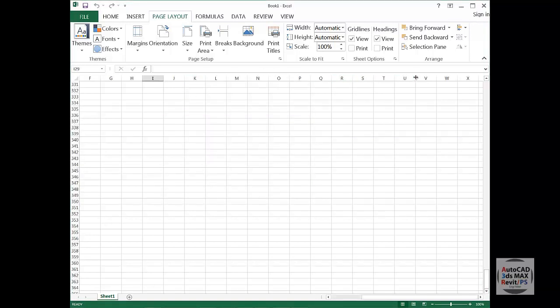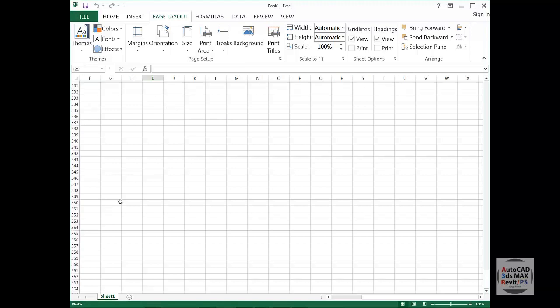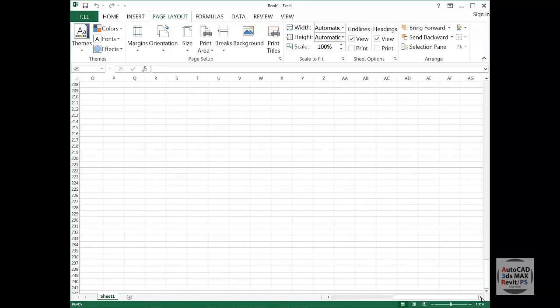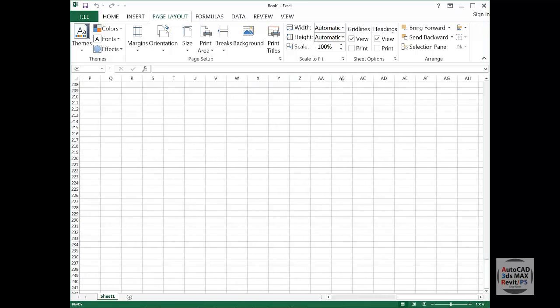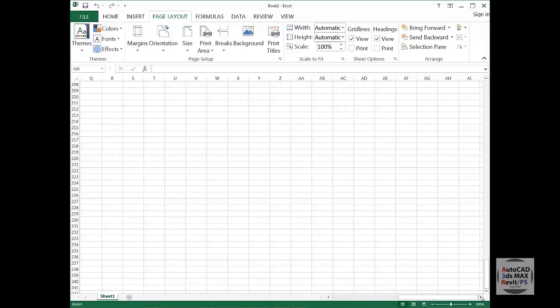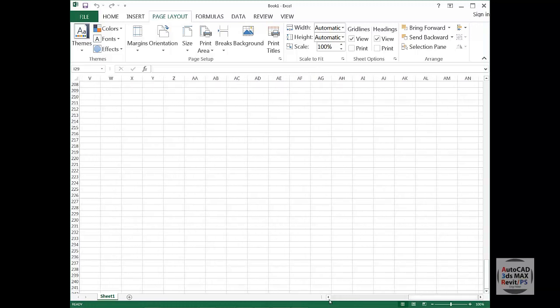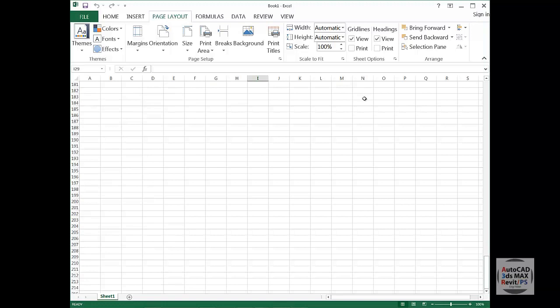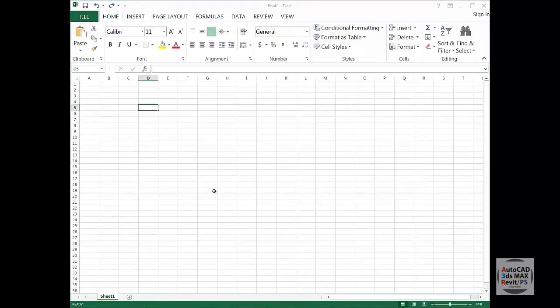And you have a sufficient number of columns and sufficient number of rows. It doesn't end on Z. If you go on your right hand side, you're going to see that after Z you have AA, AB, AC and so on. And similarly, if you go in rows, you will see that it keeps going. So you have a sufficient number of rows and sufficient number of columns. Now let us understand this cell a little bit in depth.